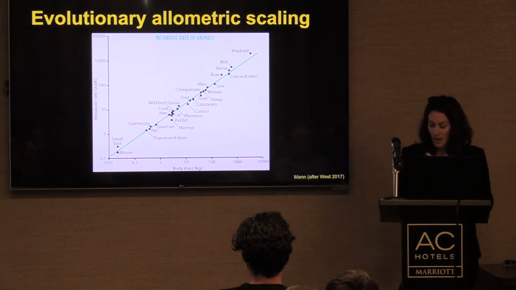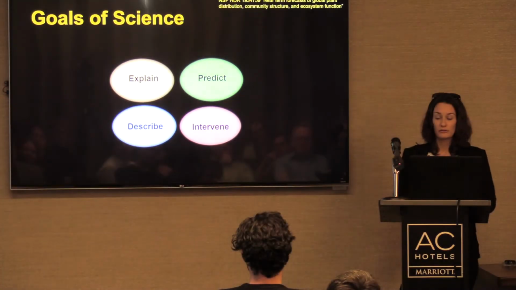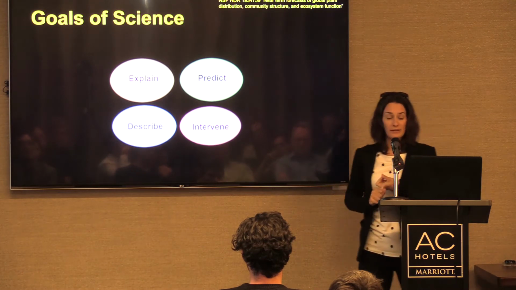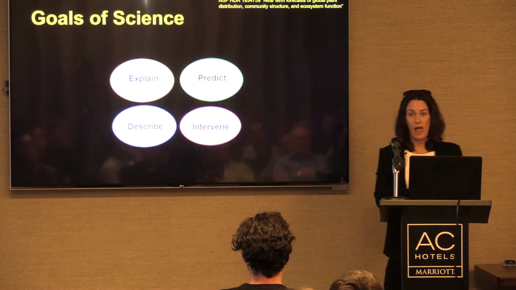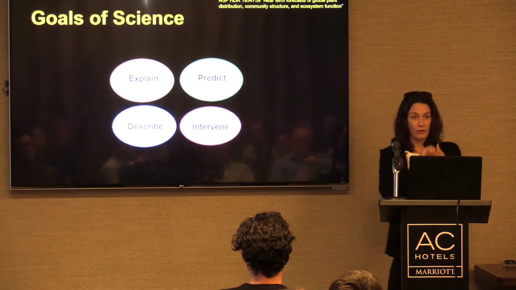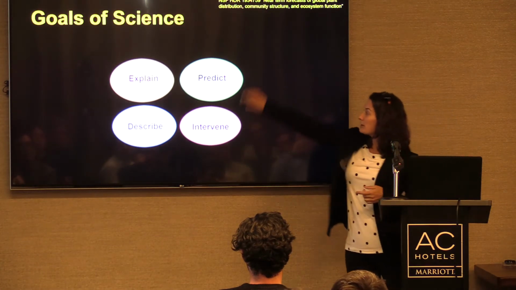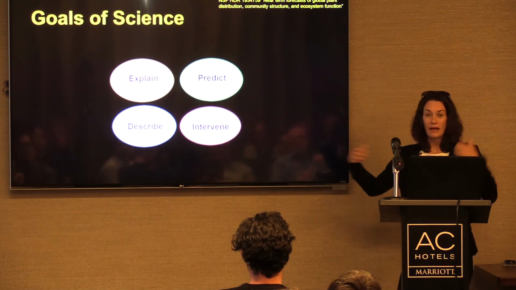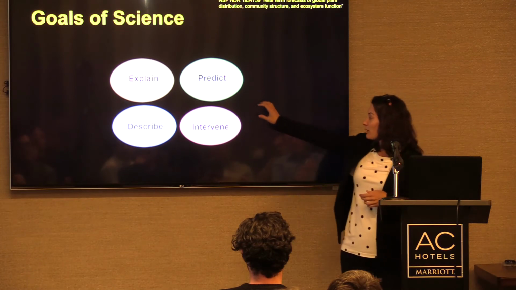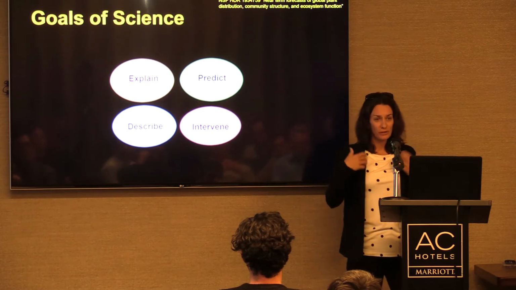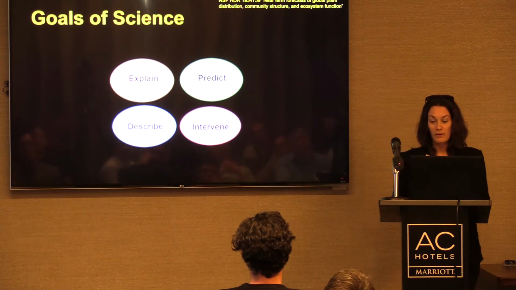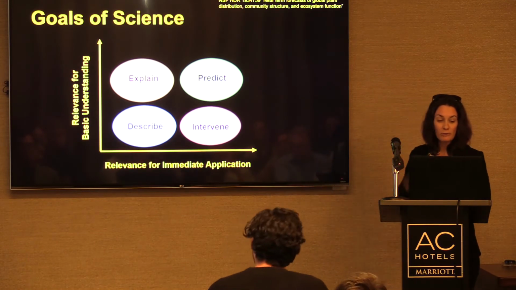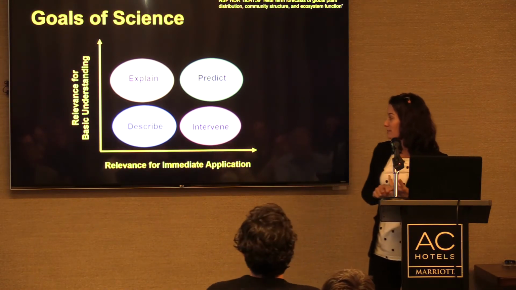So why do we care? Well, if we look at our science goals, we have four general categories of why we do science. We want to describe things. We want to explain why things are happening, and in geography, we want to understand why things are happening in particular places. Moving around, we can take that into the prediction realm. So can we predict what's happening at a different time or in a different place? And then lastly, we want to intervene. We want to create interventions that we can take and have solutions to our problems. If we graft onto these Pasteur's quadrant of our relevance for basic understanding and our relevance for immediate application,